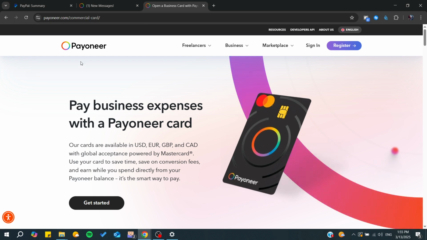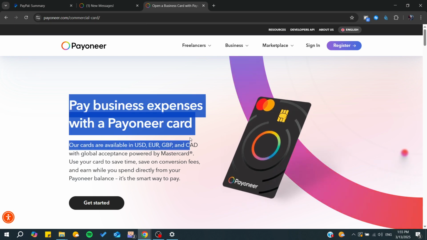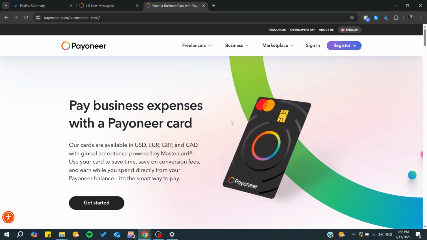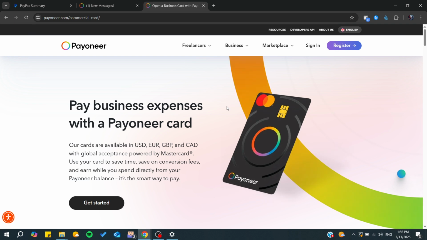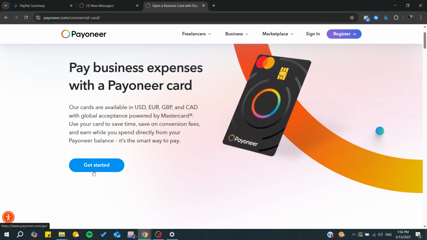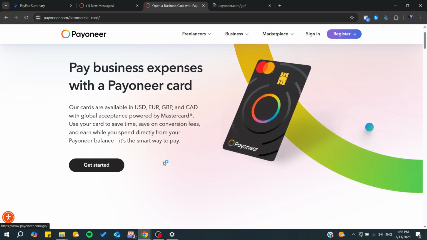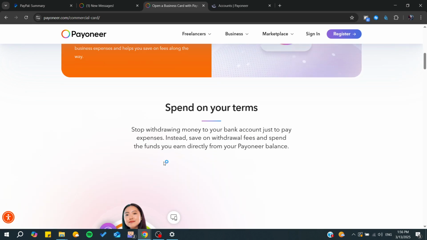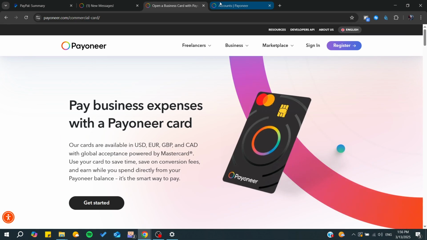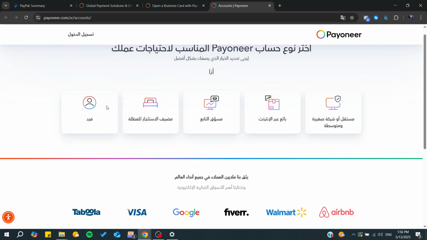So from here, we can see that you can get started by just searching for Payoneer card or credit card in your searching browser. And from there, you can get this card. So basically, you can simply go to Payoneer, click on get started, and from there, you will be able to start creating your card. So you will need to log in, and basically